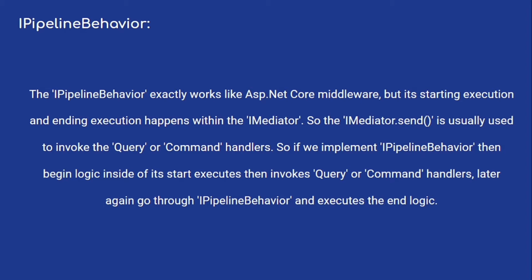At that time it will skip to another IPipelineBehavior if it exists. If no more IPipelineBehaviors exist, then it will directly go to the query or command based on its request. After completion of the query or command with the response, it resumes the IPipelineBehavior implementation, executes the end logic, and finally returns the response to the controller,